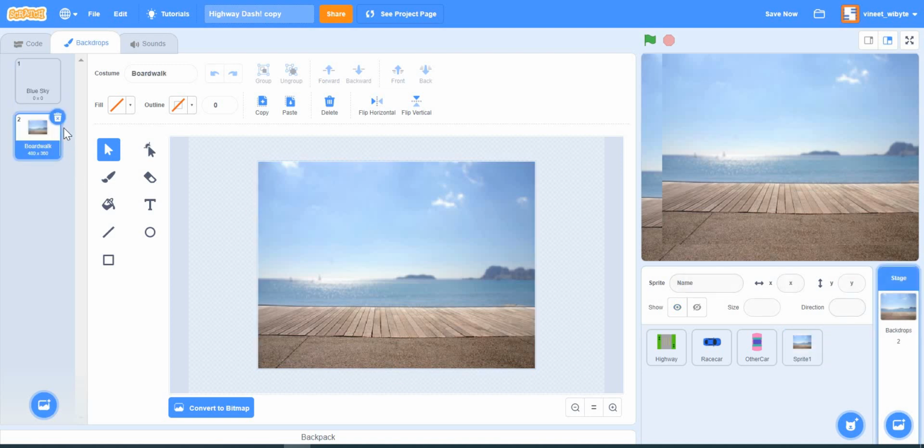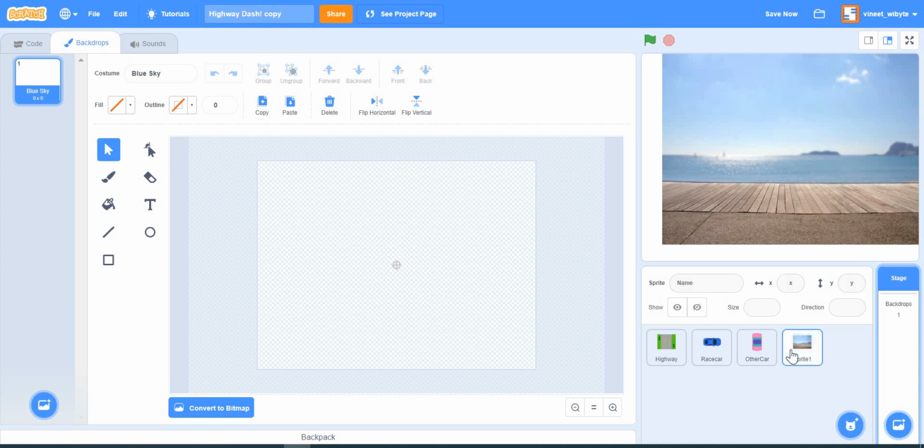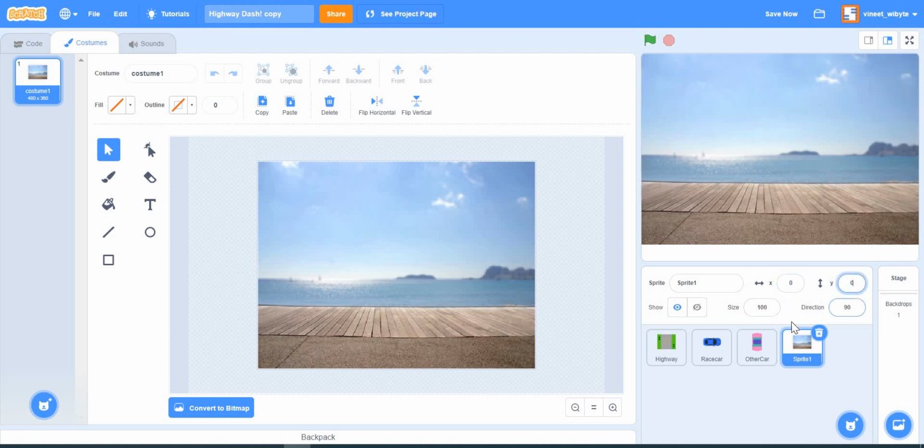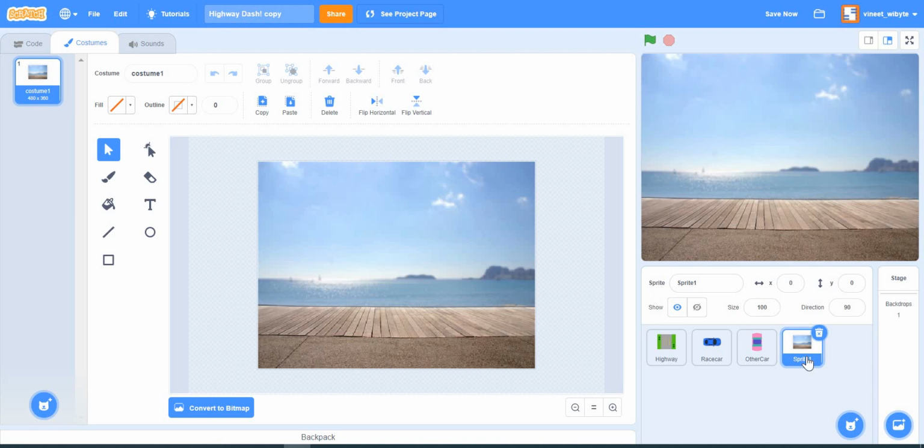Notice if I go and even remove this backdrop, it's this thing which is here, which is now actually a sprite. And as you know, a sprite can move. So for example, I can place this at 0, 0, and then it covers the entire stage. So that's the key idea, that we are going to use not a backdrop as we typically understand, but a sprite which will play the role of a backdrop. So we are using a backdrop as a sprite and a sprite as a backdrop. But the whole point is that for creating the scrolling backdrop, the first thing we must do is to have a sprite that is being used as a backdrop.